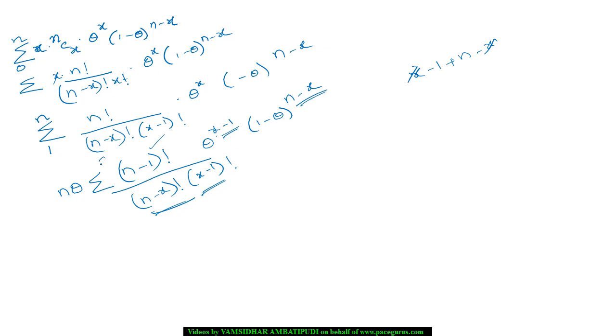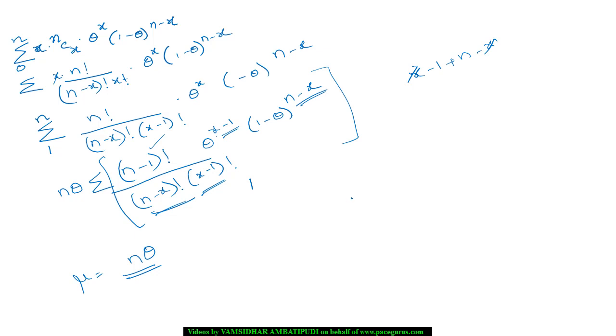So this summation is nothing but the sum of the probabilities of all the values, so it's a probability distribution, right? We are talking of different random variable values and their corresponding probabilities. So this summation is very much 1. So the overall thing is coming out to n theta. So the mean of the binomial distribution is working out to n theta. Similarly, you can very well compute